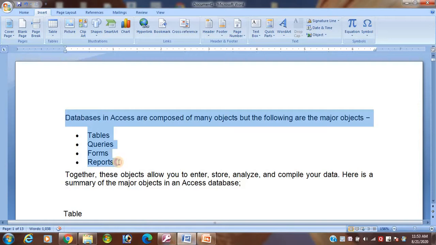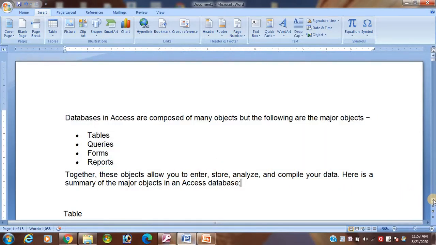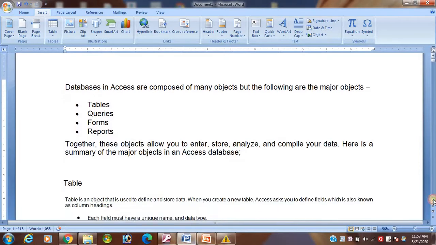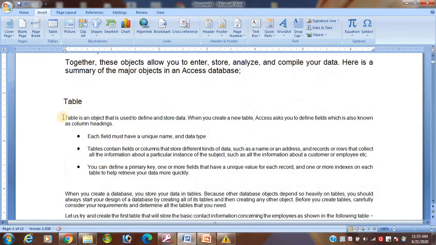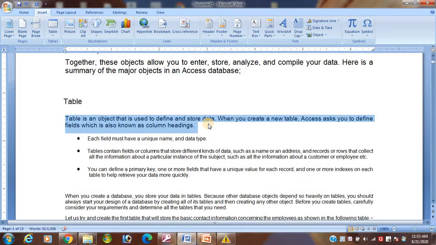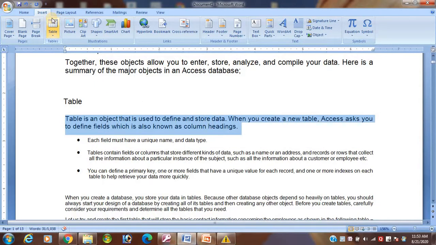Okay students, come to what we mean by a table. As we have already discussed, you see here I have written some points. A table is an object that is used to define and store data.